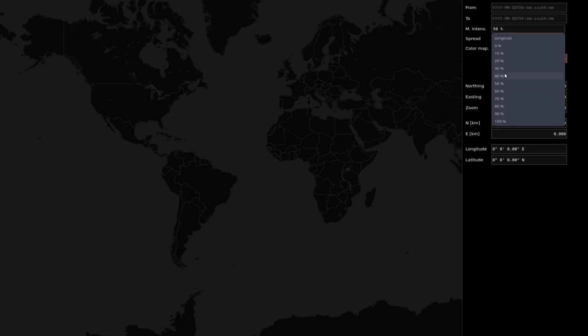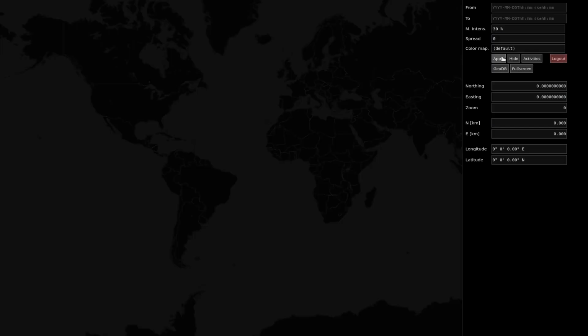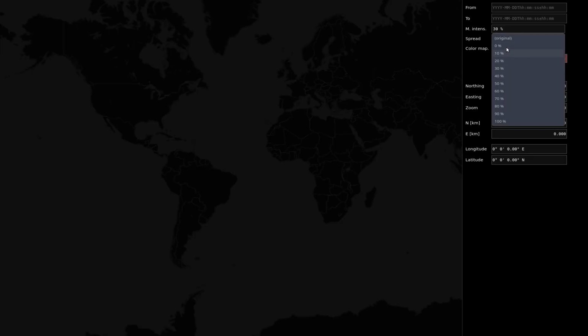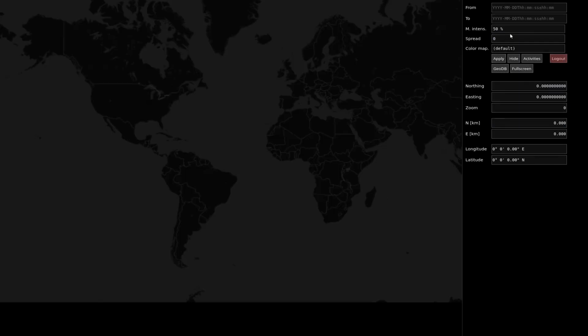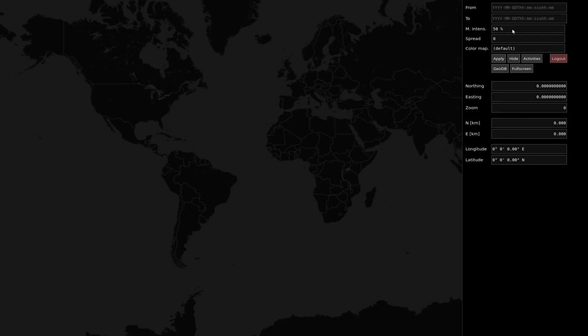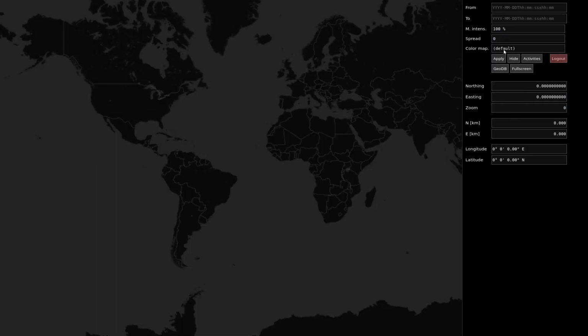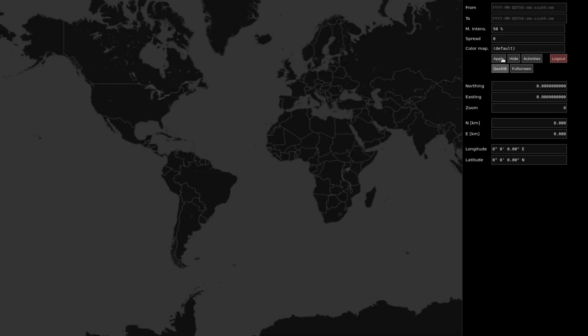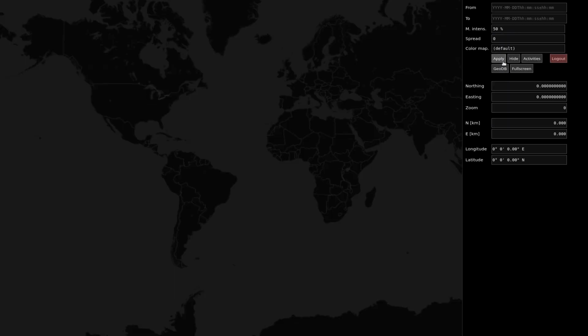You can adjust the intensity down, and of course also upwards. And you can see the brightness of the map change.